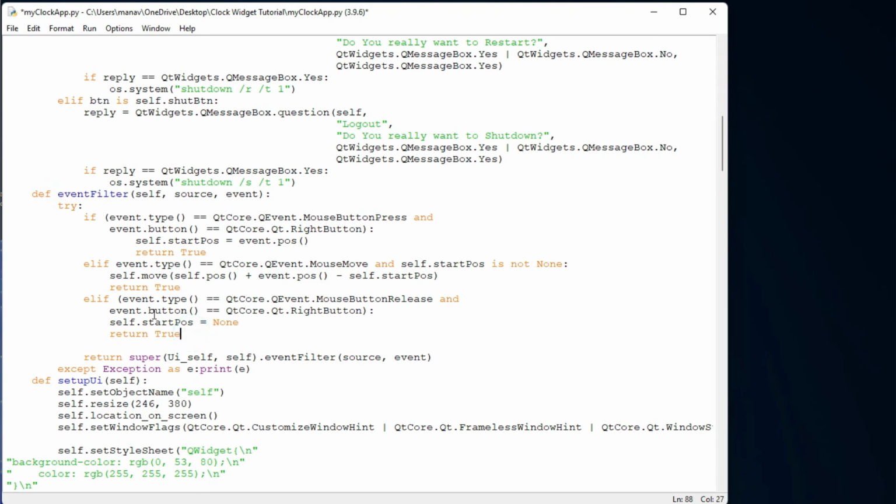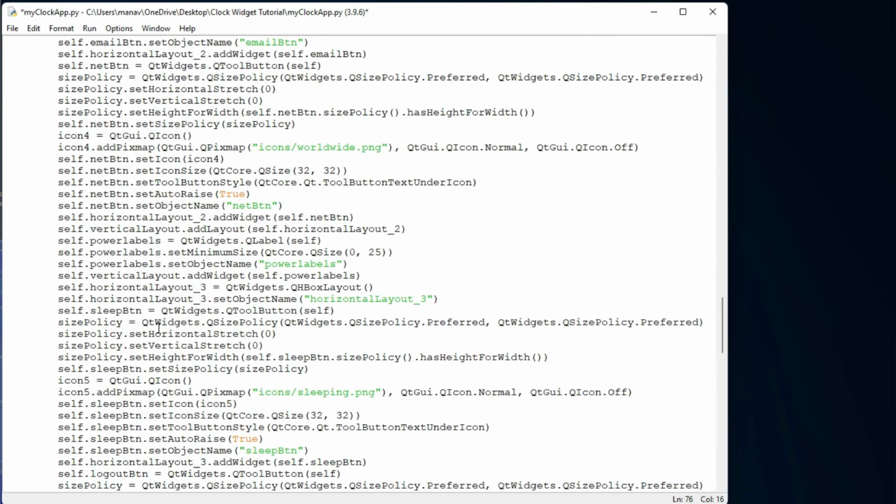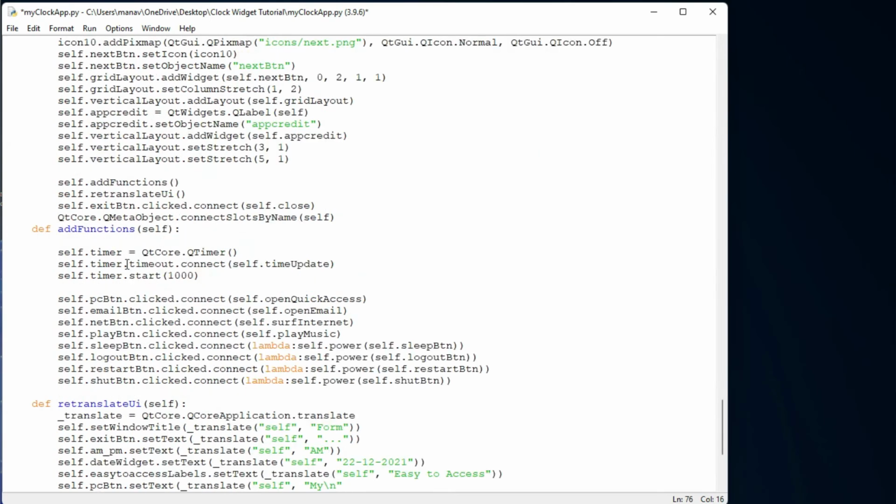So for event filters, I have to trigger the event filters. So I'll come into add functions. Where is our add functions? Here I will first of all use self.start_position, because I have used a start position variable in our event filter.